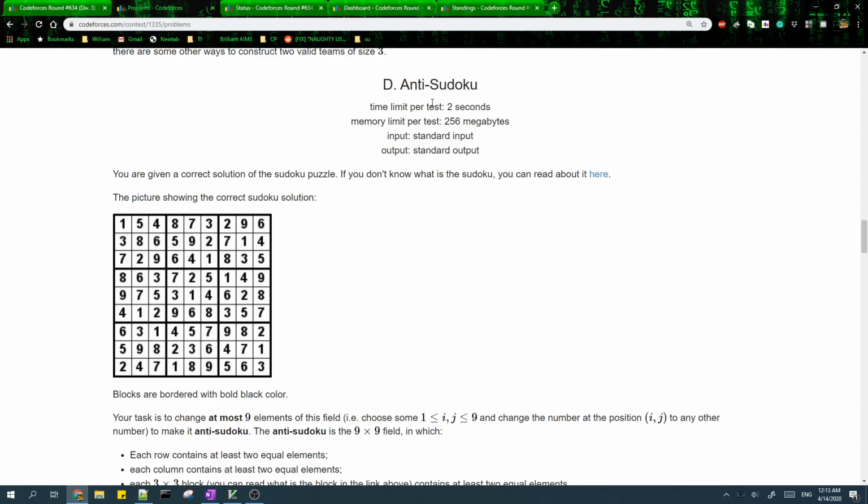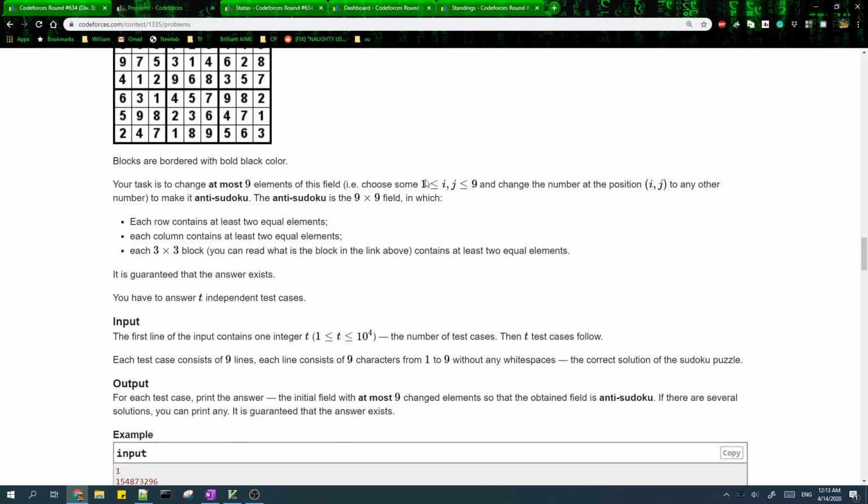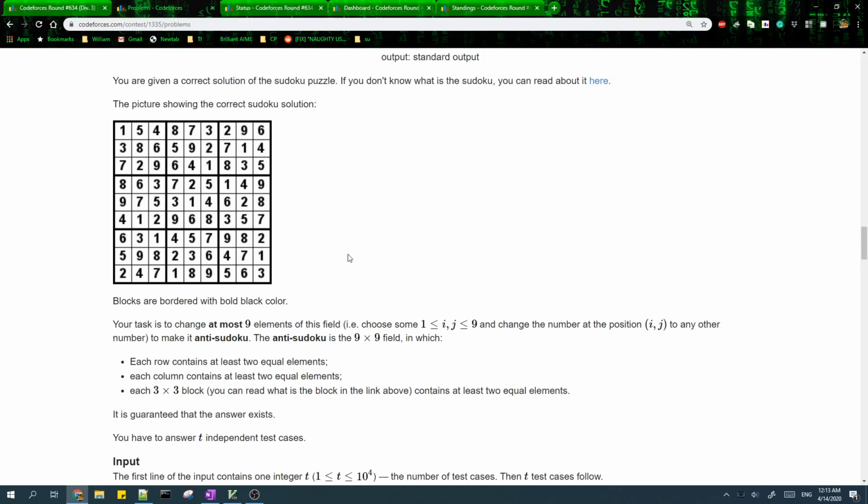Right, D is a very funny problem. It has many approaches, but the simplest one is this: we want to make sure that each row contains 2 equal elements, each column contains 2 equal elements, and each 3x3 block contains at least 2 equal elements. So what we can do is turn every single occurrence of a 2 into a 1. And this works because